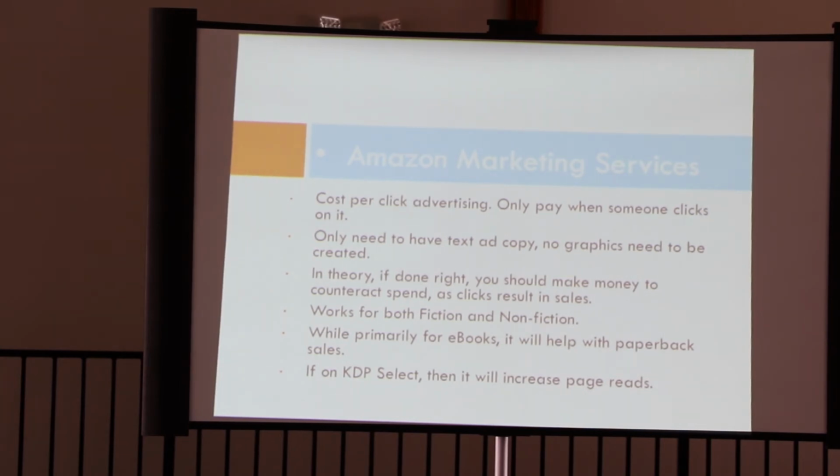All the people that I counsel on this go from making one or two sales a month to hundreds a month. It's that powerful if you do it right. And the trick to doing Amazon Marketing Services is your keywords. I'll give you a quick little tidbit on that. When selecting keywords for Amazon Marketing Services, you don't just select keywords like, your book has